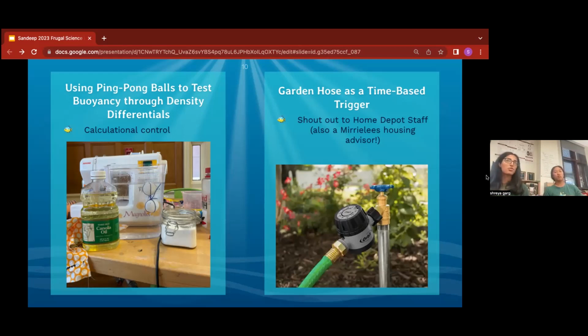But then a couple of issues arose with that, mainly pressure based. One is that a lot of these gases are completely liquefied at these pressures and temperatures, meaning that we don't actually know how well they'd be able to rise, and also if we'd have any issues with them exploding, because after they come up to the surface, because of the huge difference in pressure between 0 and 4,000 plus meters underwater, that gas would have expanded a lot and potentially caused damage to our sample or even lost our sample. So we shifted from that, but kept the same idea of density